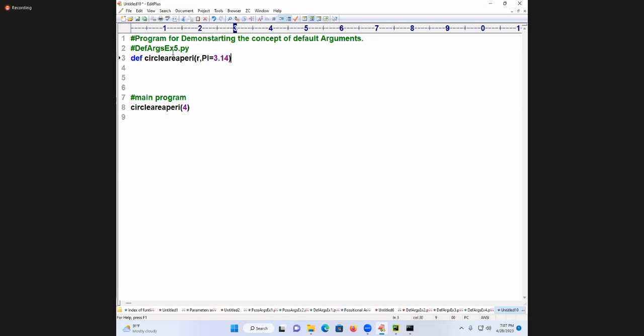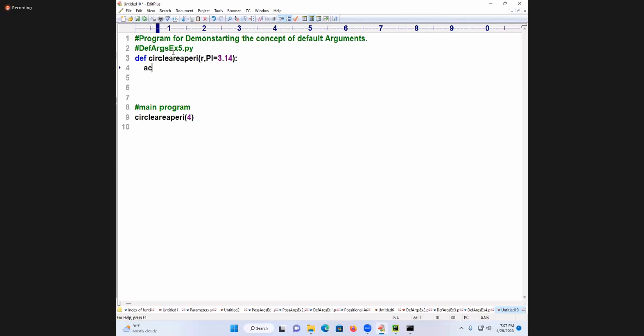Pi is equal to 3.14. Default. Now calculate area of circle is equal to pi into R star star 2. R star star 2. Are you following? Perimeter of circle is equal to 2 into pi into R.